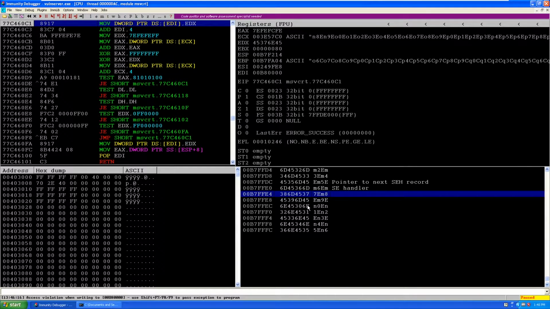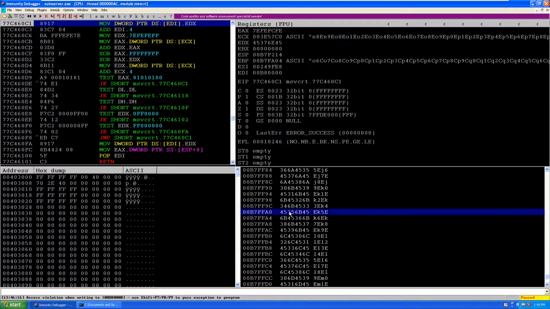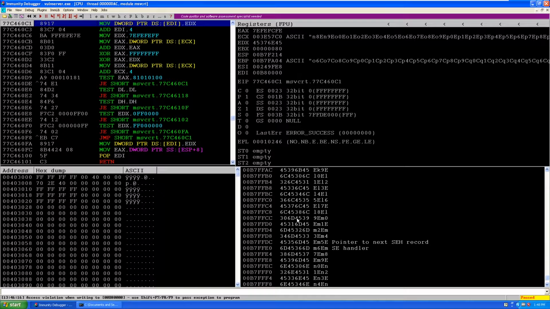We cannot put the shellcode, or the egg hunter also. We have already seen the theory of the egg hunter, a small piece of code that searches for the shellcode and jumps to it. So we cannot put the egg hunter here either. The solution is, from this point we jump backwards. As you saw in the short jump video, you can also jump backwards using negative values. If you jump backwards, say 50 bytes, from there onwards we will execute the egg hunter. This egg hunter will search for the shellcode and execute it.